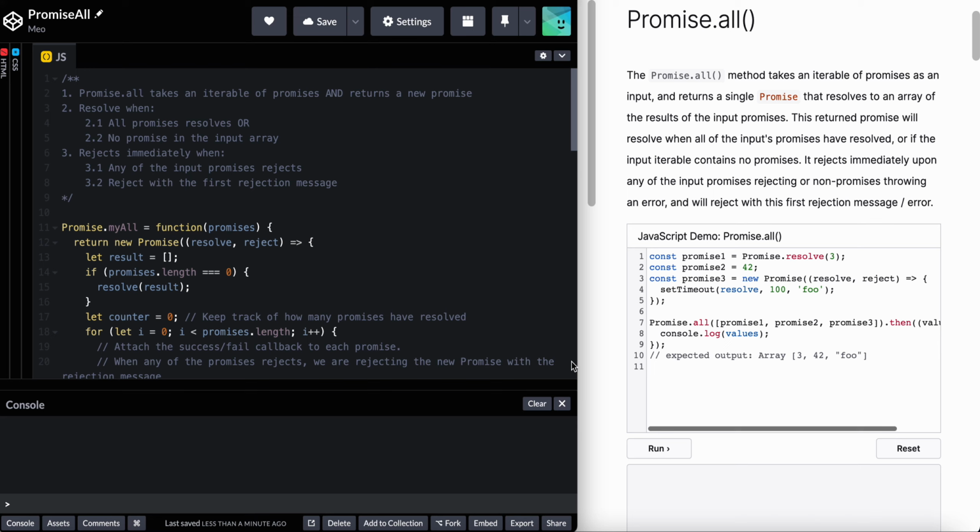Show you how you can implement your own Promise.all method. Promise.all method takes an iterable of promises as an input and returns a single promise that resolves to an array of the results of the input promises. This returned promise will resolve when all of the input promises have resolved, or if the input iterable contains no